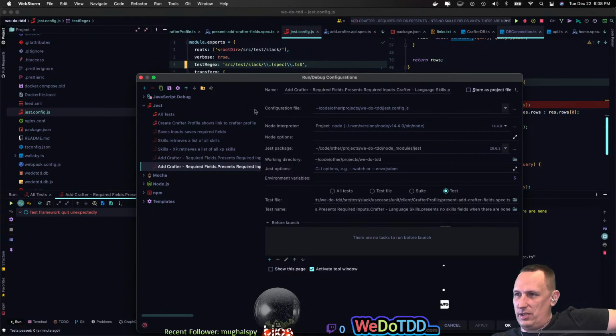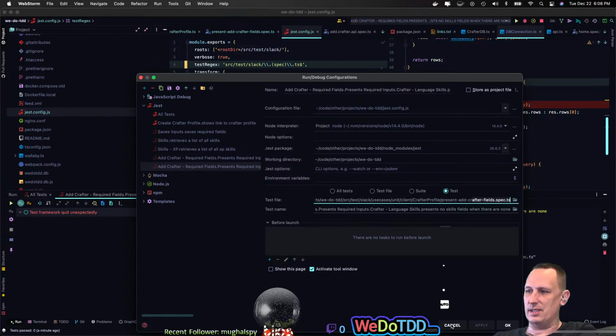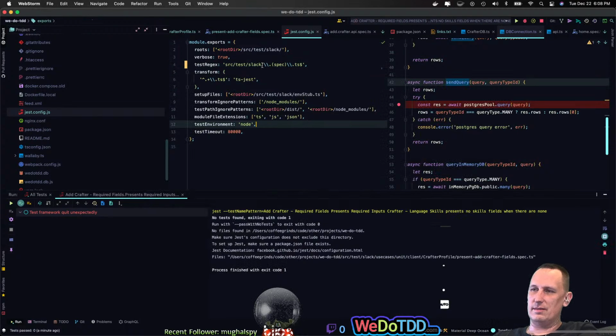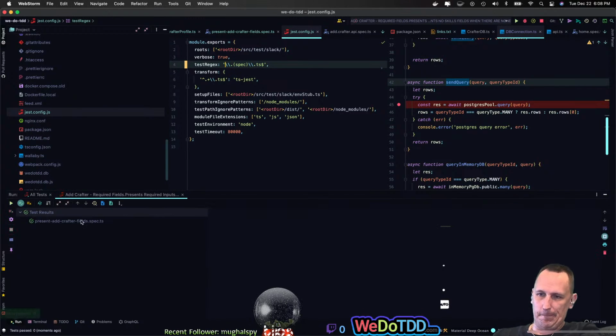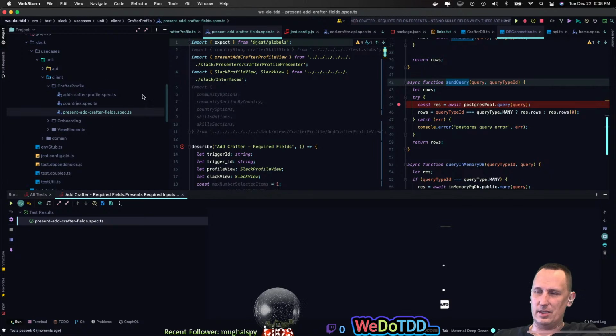Let's look at our configuration here. We've got test config. It's saying to run this spec here. Run the one file, run the test in it. Let's just get rid of this again. Let's run our test again and see. I don't know why it's not running this test. See, it just stops. And if we go to our test,